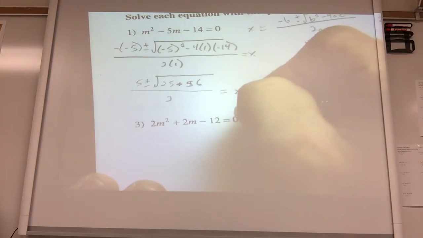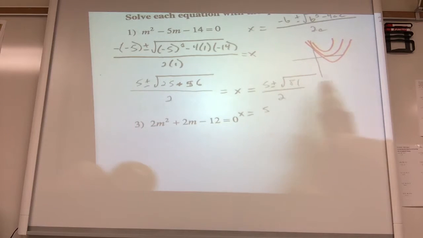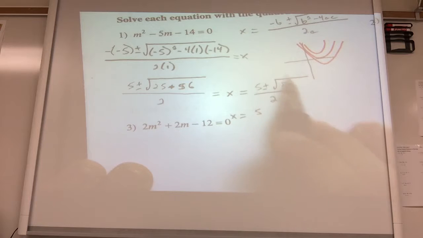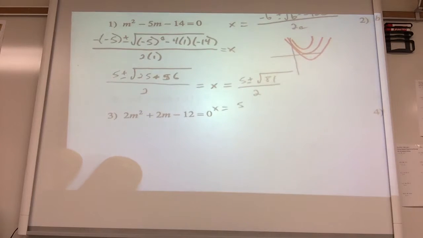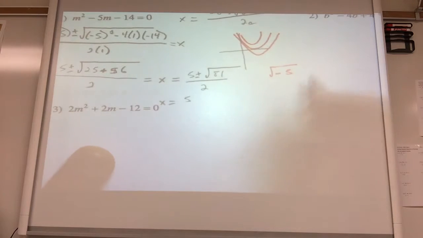And one last one right here. X equals 5. Well, hold on, let me pause here. So this 81 that you see right here, the square root of 81, that number that's under the square root sign is called the discriminant. And one thing that you want to remember is if this number is negative, so for example, if you're taking the square root of negative 5,